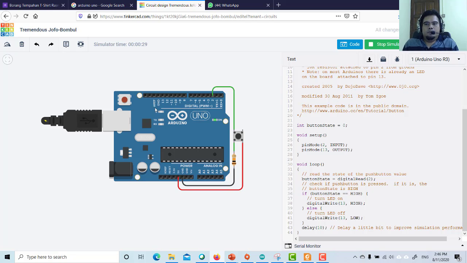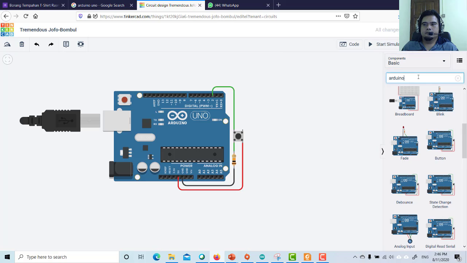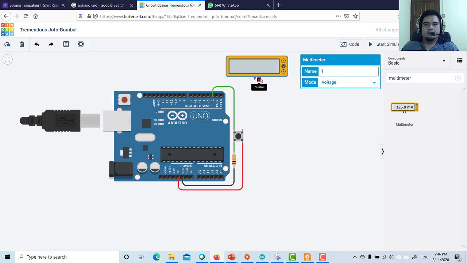I think you can also prove this by using a multimeter if you want, if you're not satisfied with my proof there. Let's try to put a multimeter. Then this one you connect to this port, because we want to see the voltage of this line. This negative one we connect to ground. Okay, if we do the simulation,